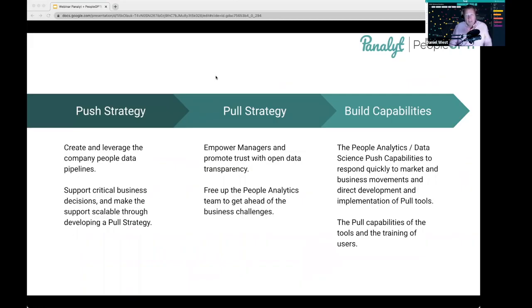I'm seeing some of the questions coming up through the Q&A tool, and yes, please do put your questions into the Q&A tool. But I'm seeing several of the same question, which is: how do I move from a push strategy to a pull strategy? How do I get into a pull strategy rather than a push strategy? And I think